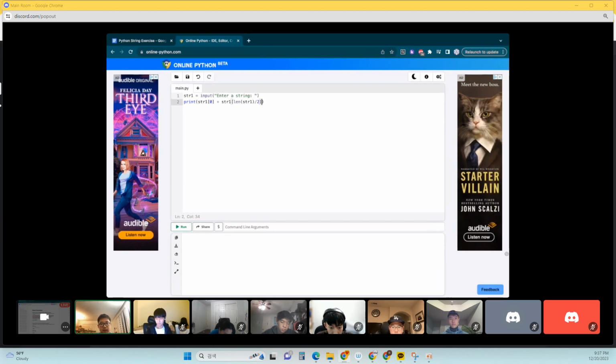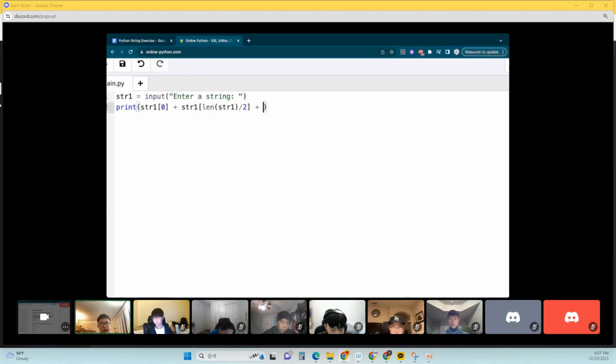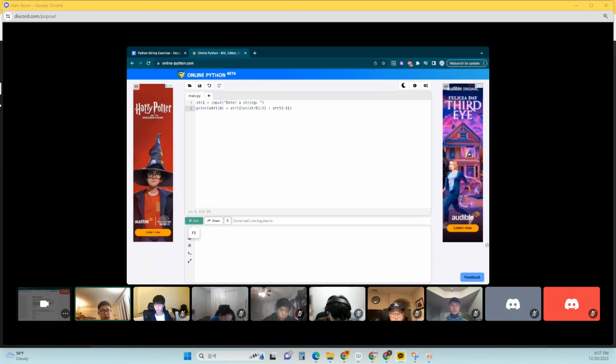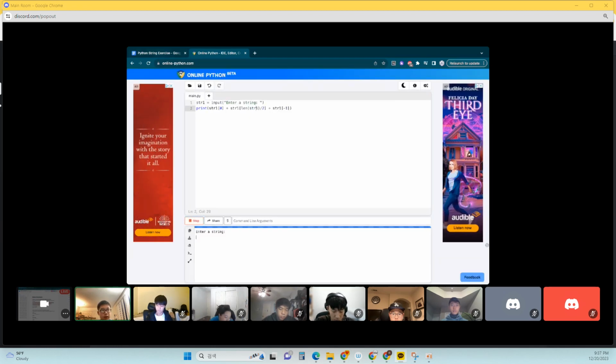And then for the last portion, you do str1 and then get the last letter. Of course, we don't know the length of the string. But if you remember, we can also use negative indexing to get to our last letter, so you'd have -1 as your answer there. If we were to run this, what did they have here? They had James. So we'll write in James, and it should give us